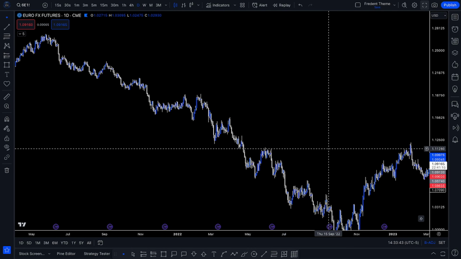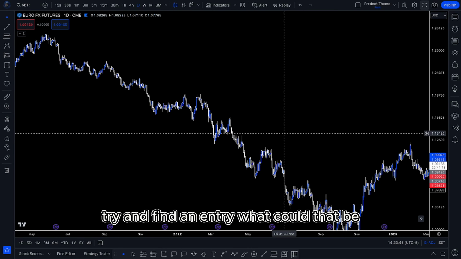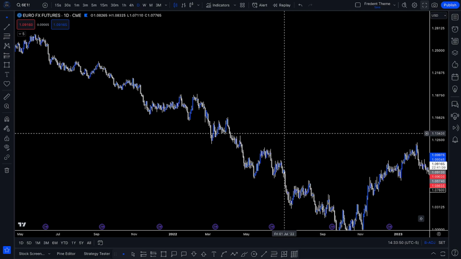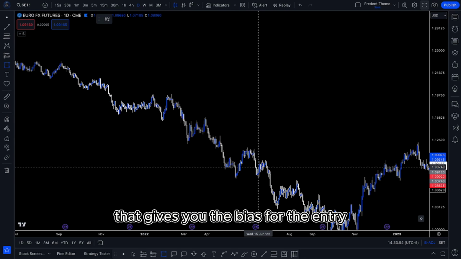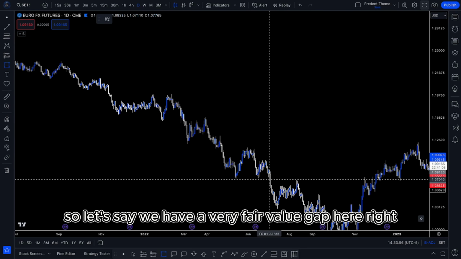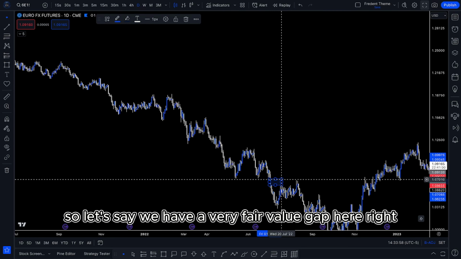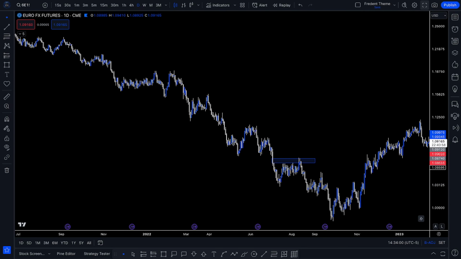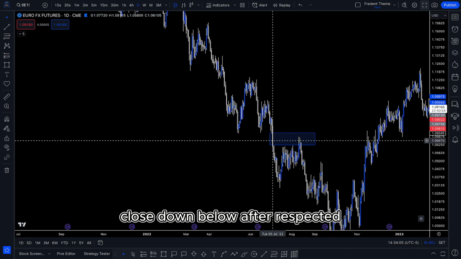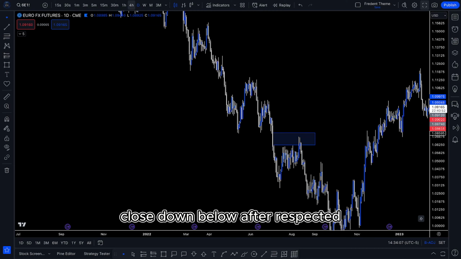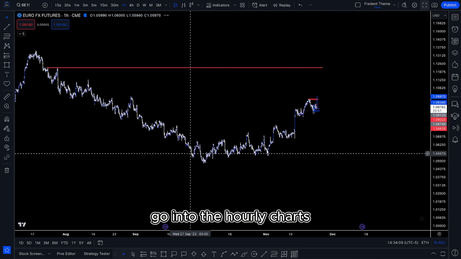And you try and find an entry. What could that be? That could be a daily fair value gap that gives you the bias for the entry. So let's say we have a bearish fair value gap here, right? Trade it up into it, close down below after it got respected, go into the hourly chart,